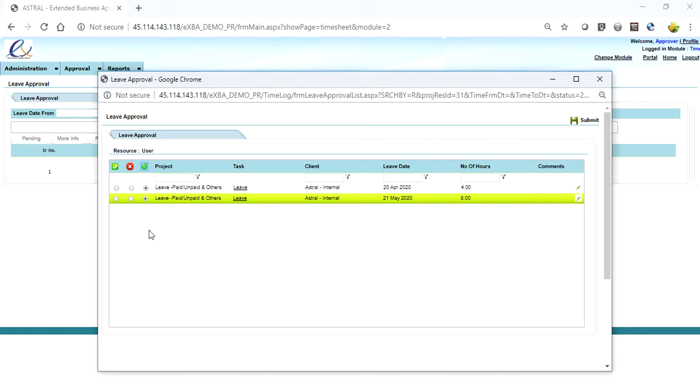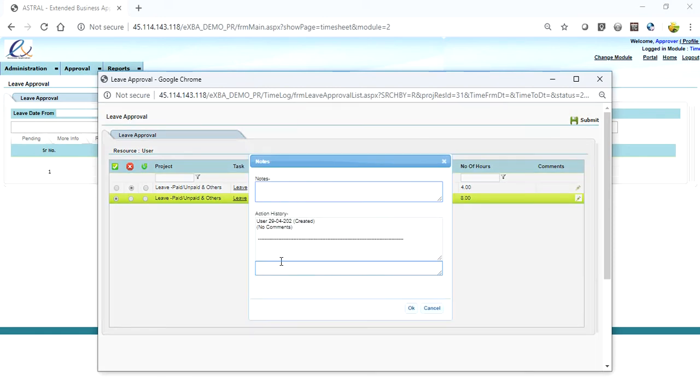So what will the system do when he rejects any entry? Suppose I'm approving one and I am rejecting one entry. If I click on submit, the system will ask for comments for more info and rejected entries. So what the user can do is go to the entry which he is rejecting. He can click on the notes comment section.